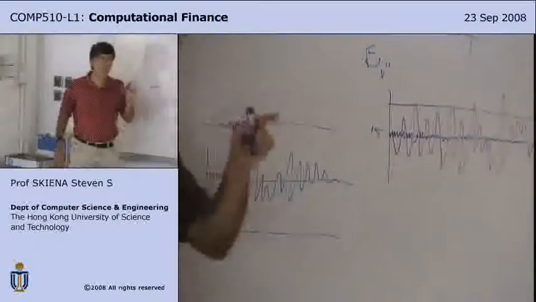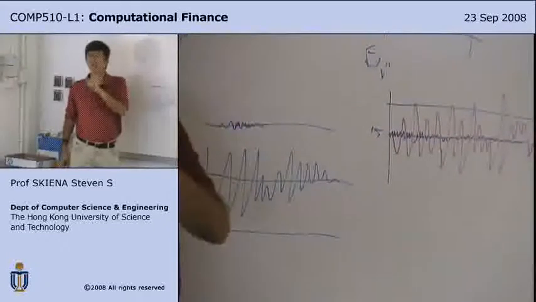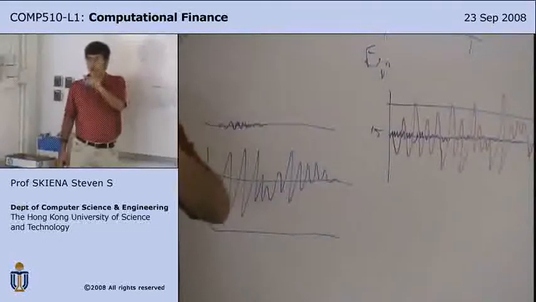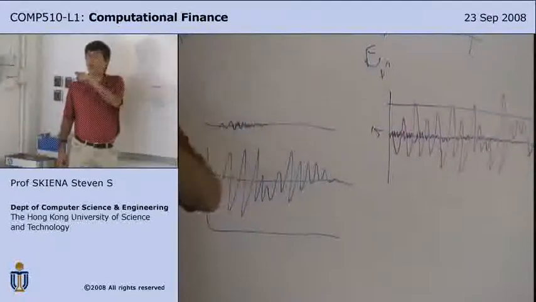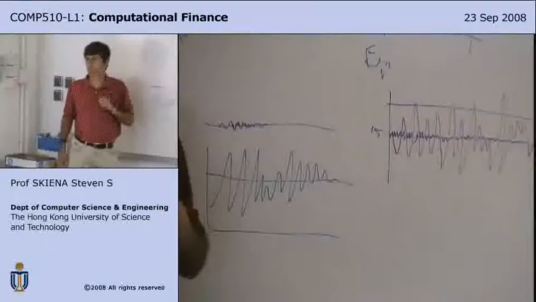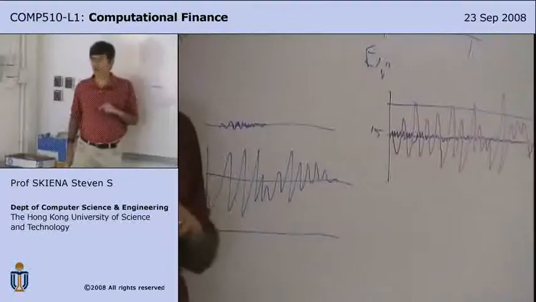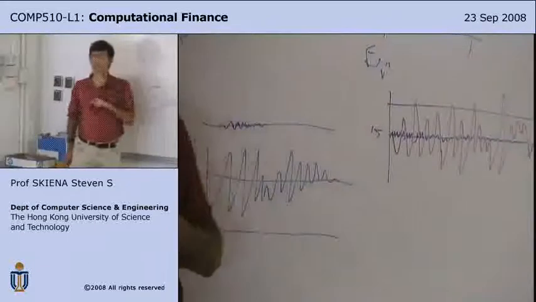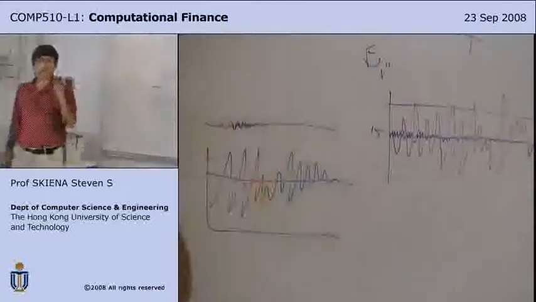Which company would you rather have the option on? The Rocksteady 15 company, the low volatility company, or the up and down, give you a heart attack company? Which one do you want the option on? The bounce around one. Does everybody see that? The riskier company in some sense, the more volatile the stock price, the more valuable its options are. Okay? Does everybody see that? That's kind of a counterintuitive thing.